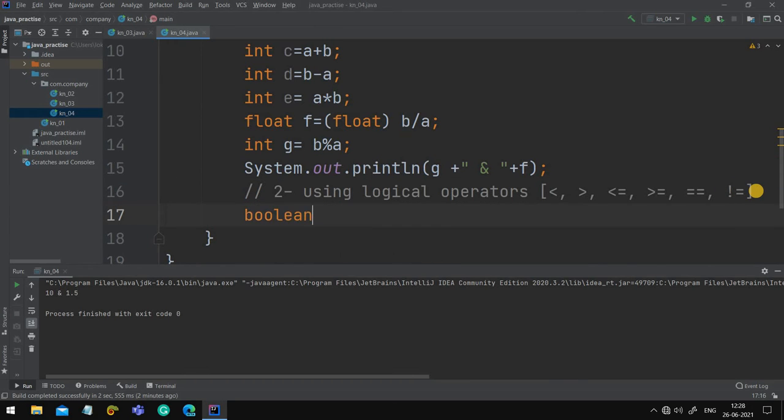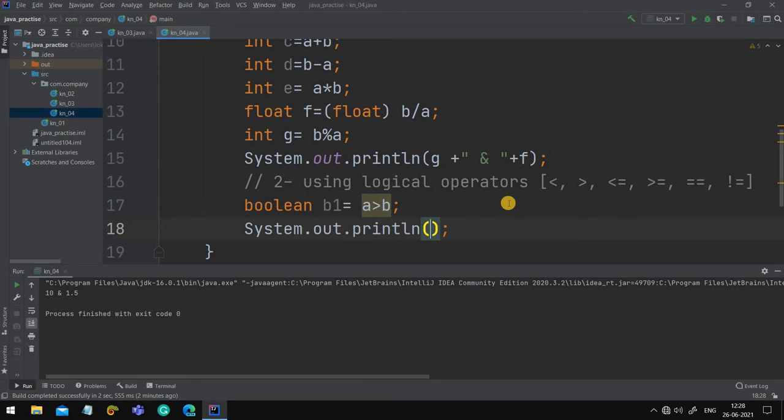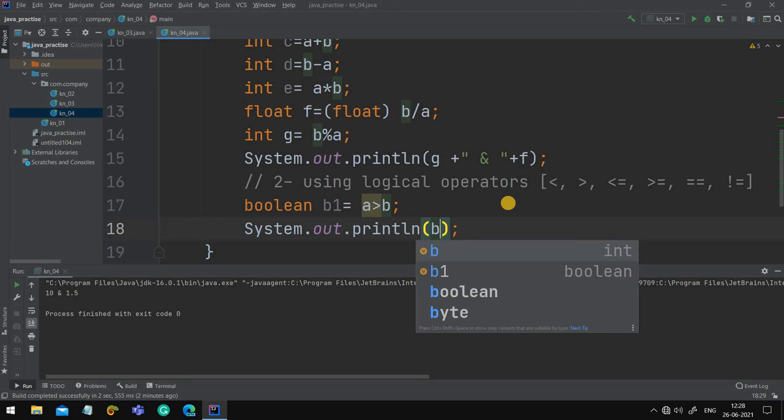Let me create a boolean b1 equals to A is greater than 30. Sorry, A is greater than B. So what should be the output? Let me give an output statement.